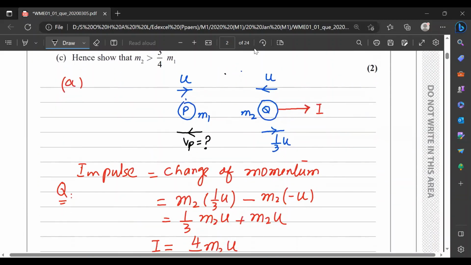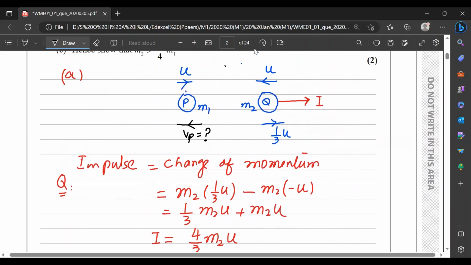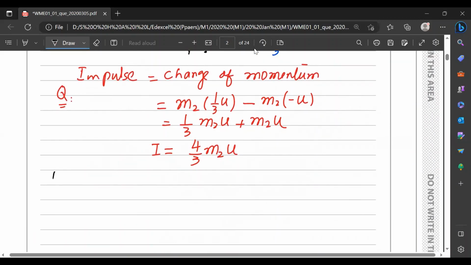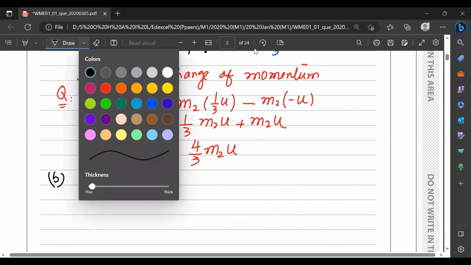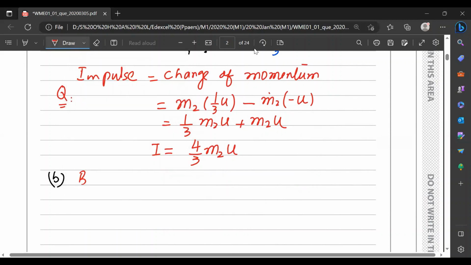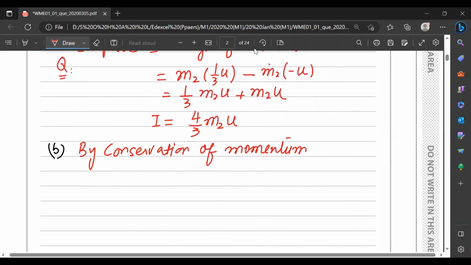So Vp is the unknown. By conservation of momentum,